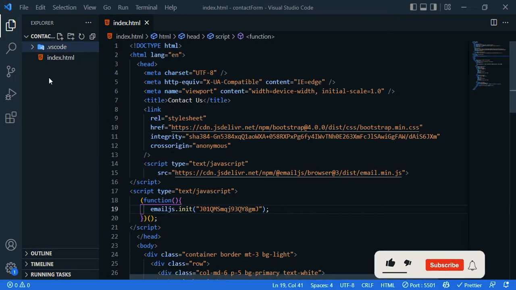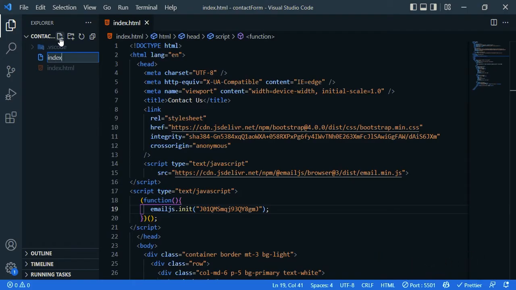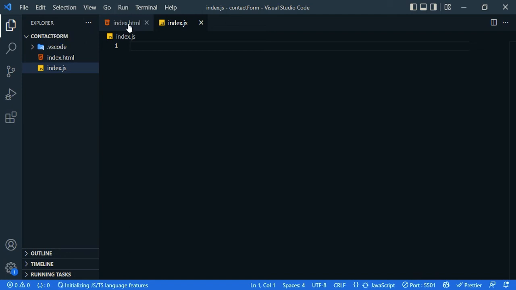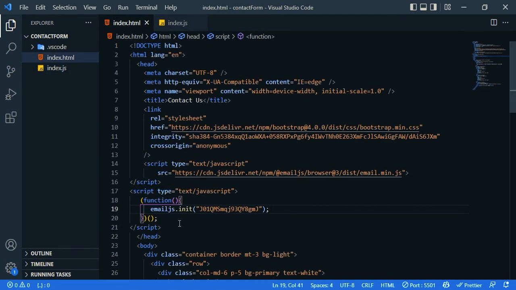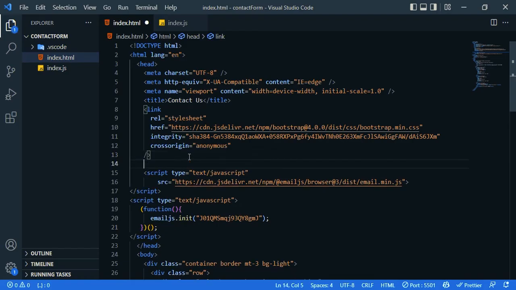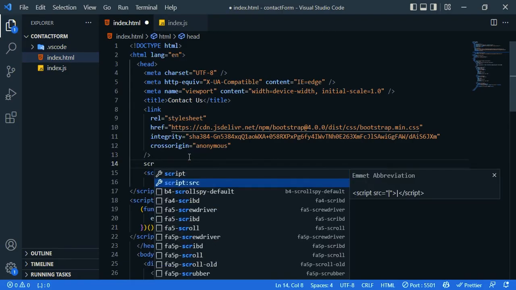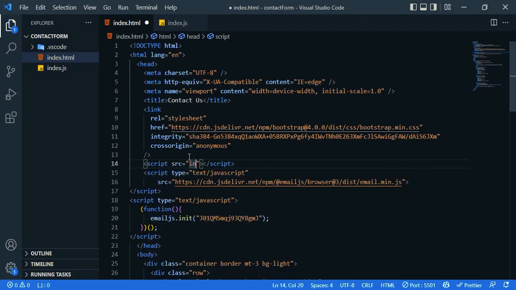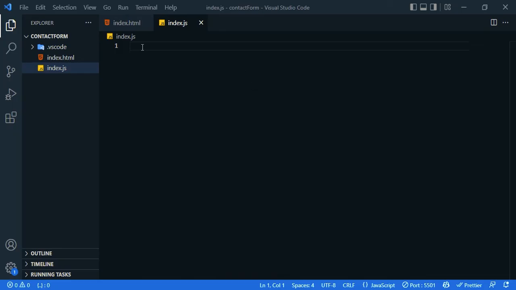Now I'm going to create another JavaScript file. So let's call it index.js. And first of all, you need to link that. So I'm going to say script, the source is index.js, right? Open up index.js. I'm going to create a function. Let's call it send mail. So function send mail,